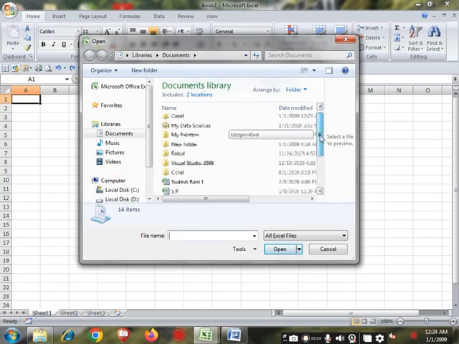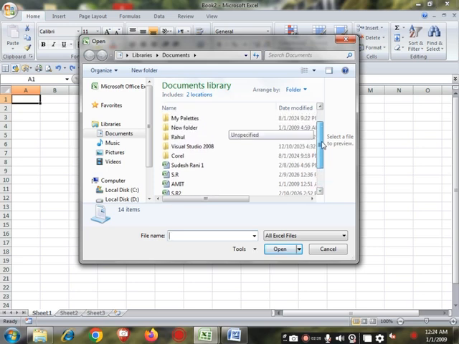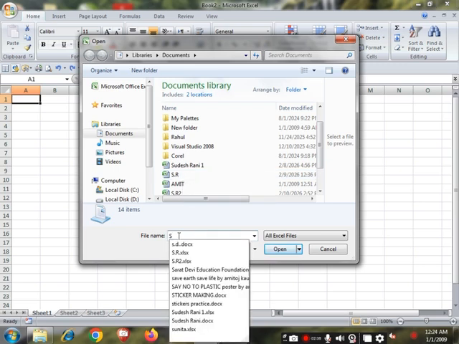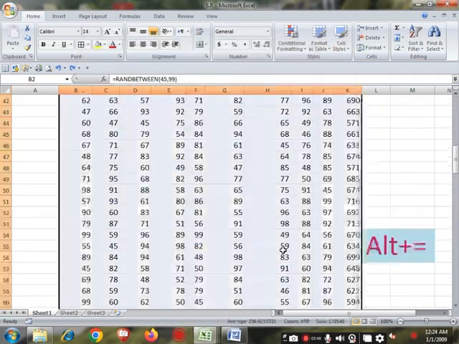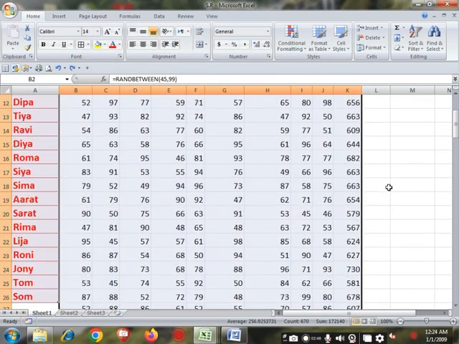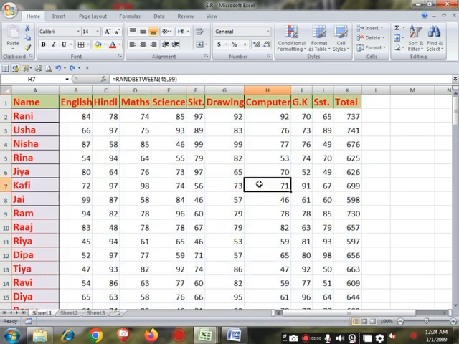By scrolling we can check the workbook that we need. Like I want to open this one, and we can also write the name in the file name box. Like I have written S and you will see a drop down. We can choose any workbook from there. Like I choose this and simply click on Open. You will notice that the workbook will open on our screen.